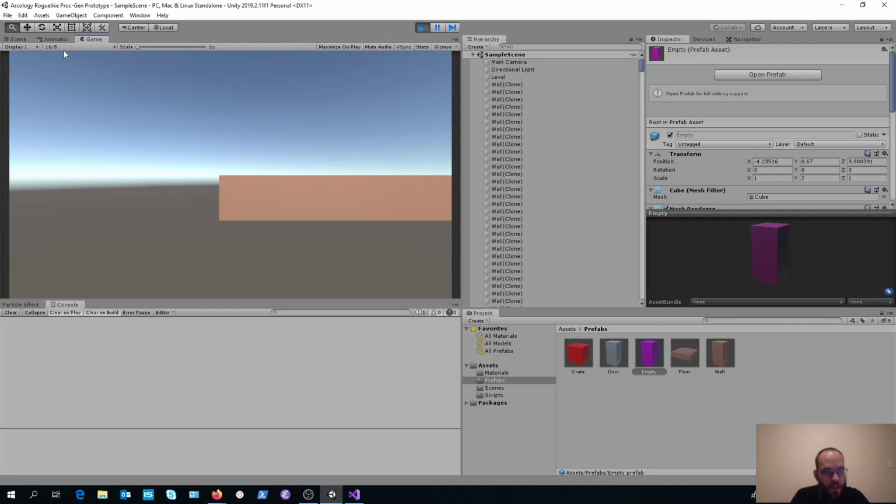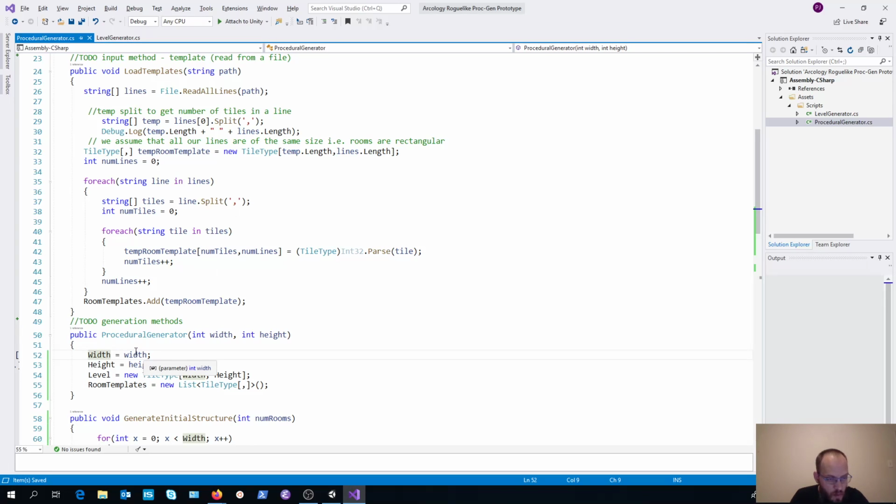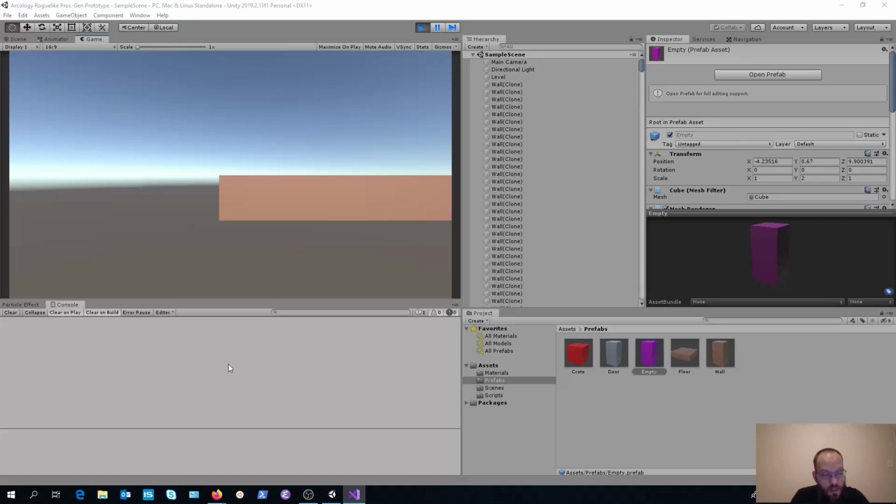There we go, that looks a lot better. Just in case you missed that, what I had done here is I was only setting the width and the height after I was actually using them to set the size of my array.